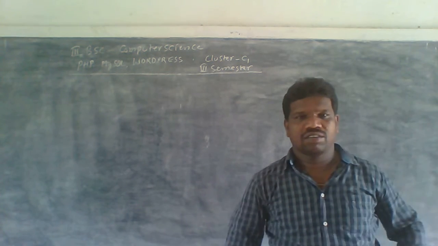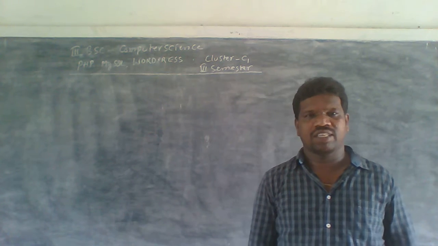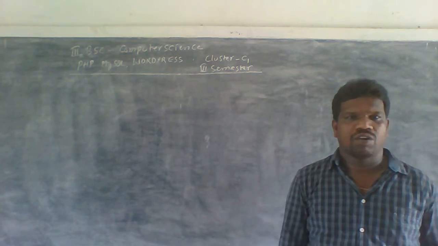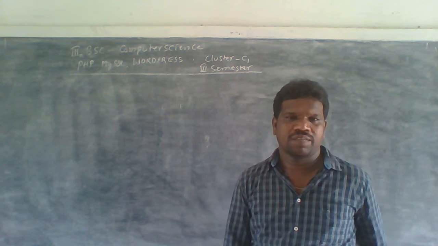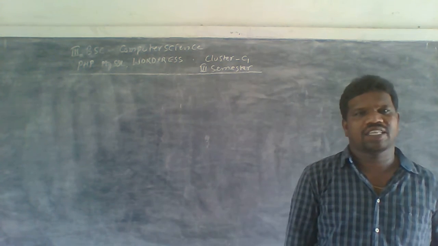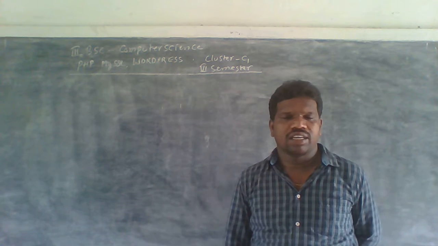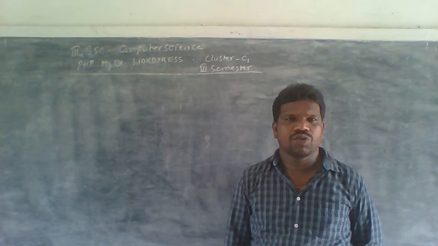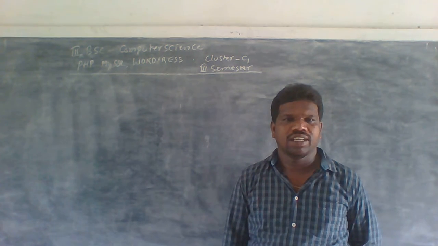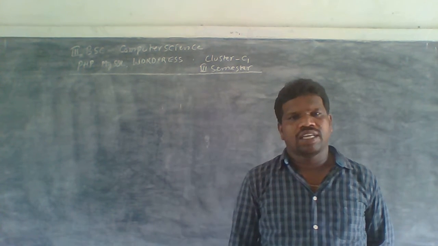In the previous class, I discussed the looping statements available here, that is, the while loop statement. Today I am going to discuss the do while and for loop statements. So what is do while here? In C programming